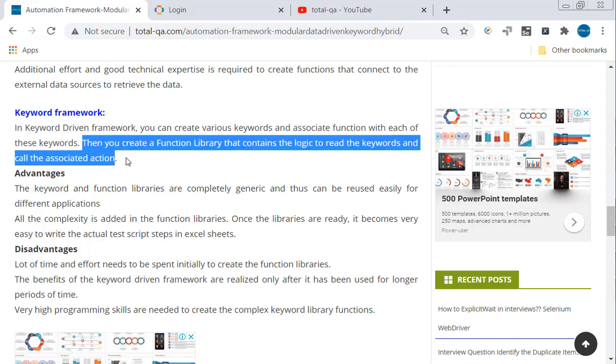Then you create a function library that contains logic to read this keyword and call the associated action. So how do you maintain these keywords in the XLSX file? Let's get into that and understand the information.